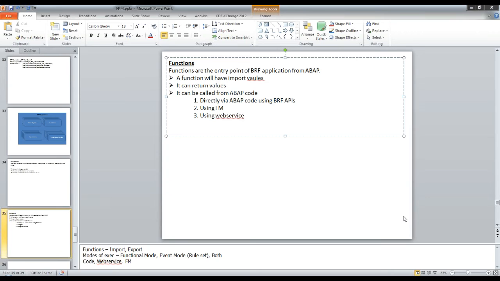Now, very important thing, a function operates in three modes. First mode is called event mode.